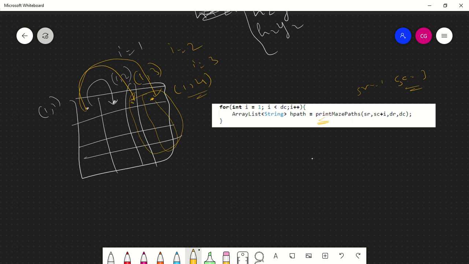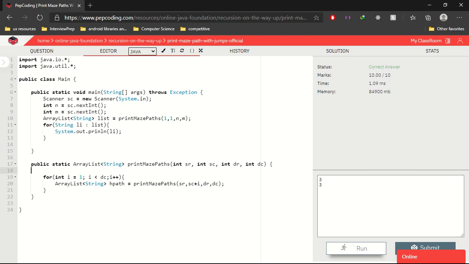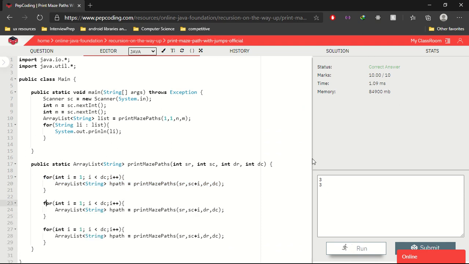This is how the horizontal paths for each row are calculated. Similarly, we will calculate for the verticals and for the diagonals too. For the verticals, we can loop up to dr. This would be the vertical paths, and instead of changing the columns, we will change the rows.